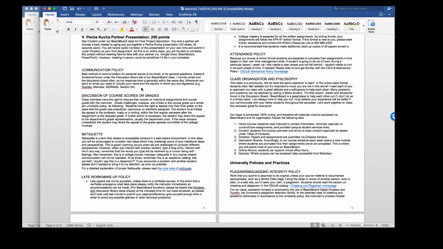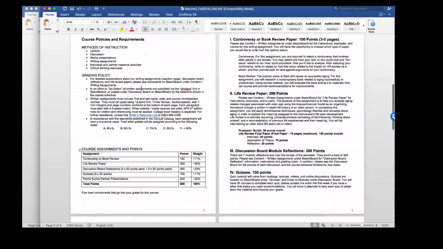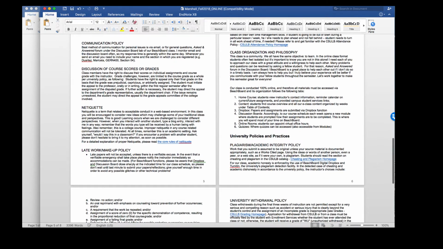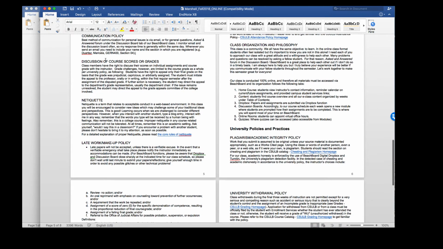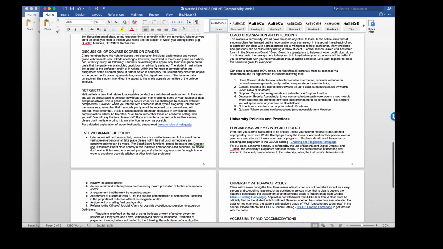But if it's a personal issue or you really want to talk to me about something and you're going to email me, make sure you include your name as it is listed in the university system, along with the section in which you are registered. So, you know, are you section 4, are you section 8? In this case, we are section 8. Just so that way I know which class you're emailing me from and I don't give you a wrong answer because I think you're in a different section. Of course, here's some information about talking about scores or grades, so you can read through that.